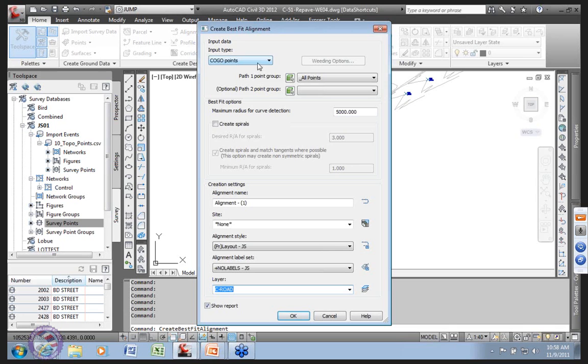Okay, so we're using Cogo points that we brought into our drawing that happen to be in a point group. Hence why I made my little point group. Also why I made all points the top of my stack, so I didn't have to do any work, right? And we're going to create an alignment, and we're going to use our design layout style, which is going to show me the curves and all that stuff,